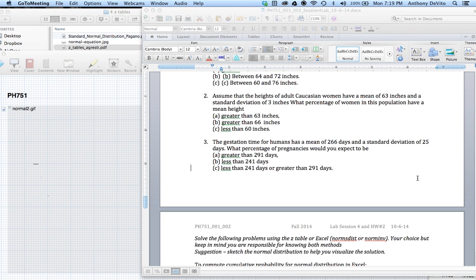Why doesn't the z-score table match the empirical rule? Because the empirical rule is an estimate. It's intended to be an estimate, a general principle that we can use to make a general judgment as to how a distribution is spread out. It's not intended to be an exact measurement.